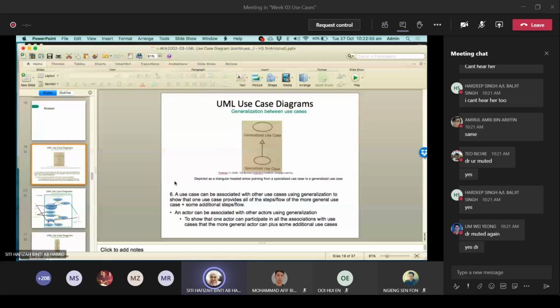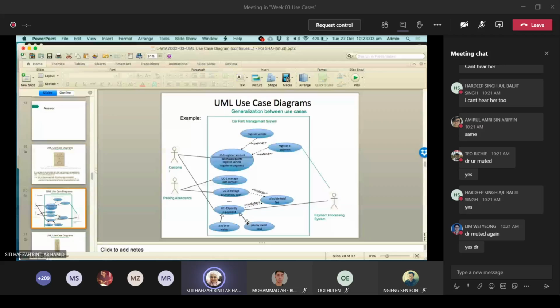For example, let's say I go for the pay by e-payment use case. Here it says that there is a generalization by pay by e-wallet and pay by credit card. So in terms of implementation, when you write down the flow of events for pay by e-payment, you will have a normal process until a certain point, then you will say that if the customer wants to pay by e-wallet, then